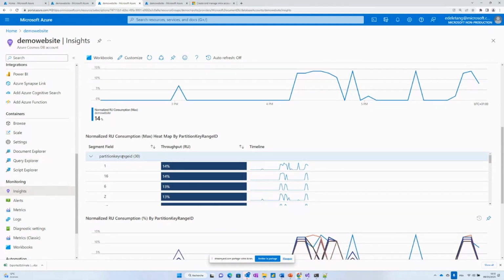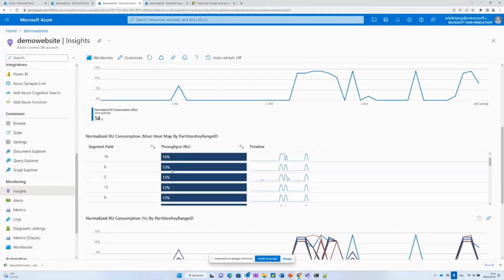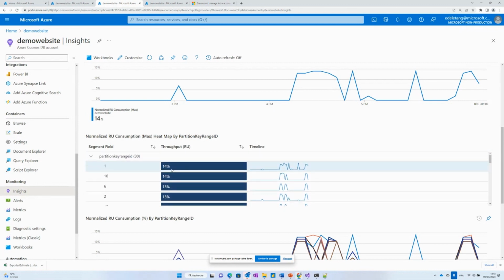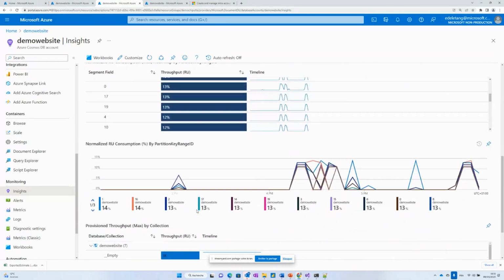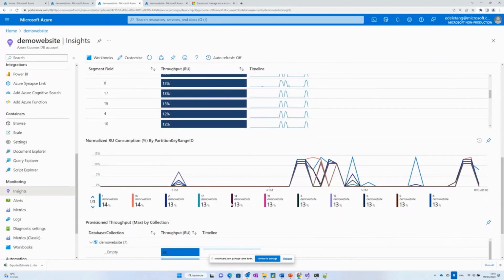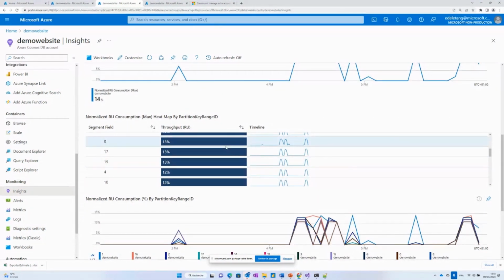In my case here, I can see that I have 30 partitions, and some partitions are used at 14%, some others at less than 11%. It seems that here my workload is good, but I can see in the times for every partition how it's used, if I use only here 15 partitions. What's important to understand is that when you decrease the number of request units, it will divide by the number of partitions you have. So that means if I have 1,000 RU and 2 partitions, for each partition I have only 500 request units, and that's something very important to understand.